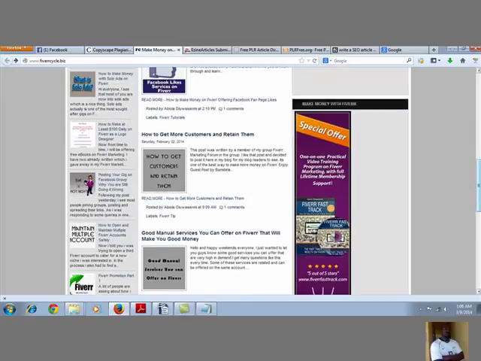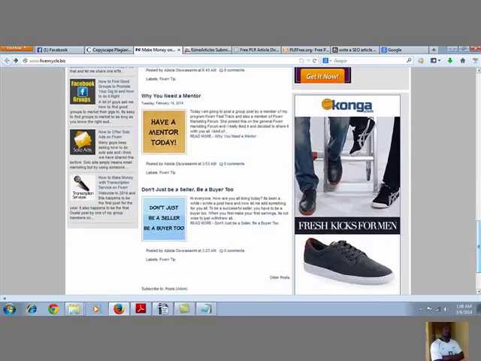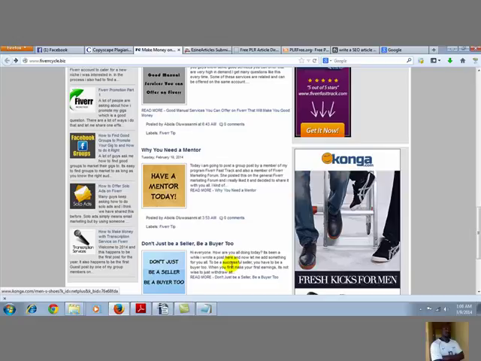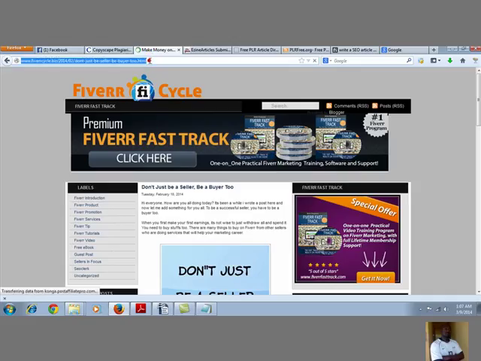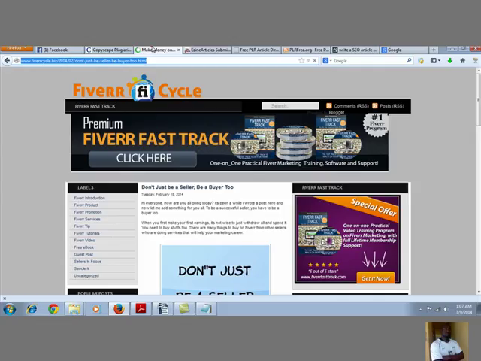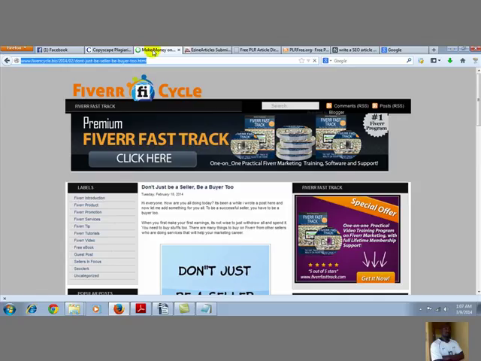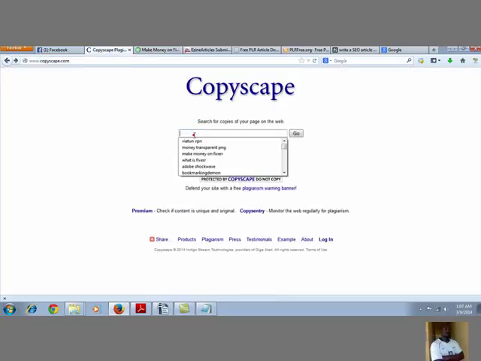And then let's assume, let me choose, don't just be a seller, be a buyer too. Let me pick one page on the website, and then let's go to Copyscape. This is how the buyer will do research to find out if the content you're giving is original. So you copy this, come to Copyscape, and put in the URL,